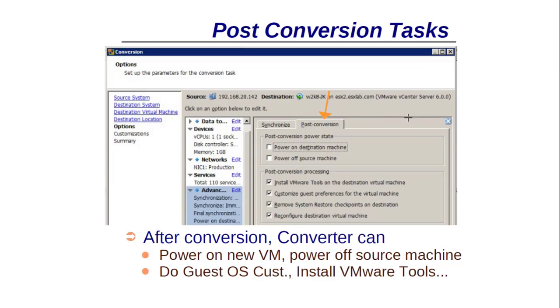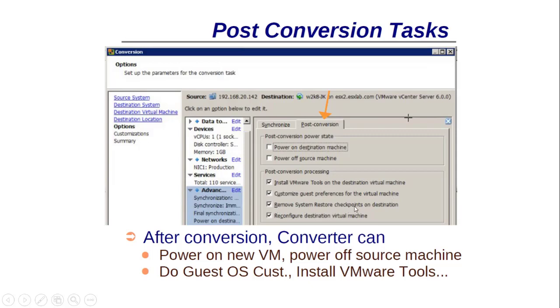And here at the bottom we have post conversion processing. Install VMware Tools on the destination machine, which is a very good option. Customize guest preferences for the virtual machine gives the ability to change the name or the size or anything you want to keep.